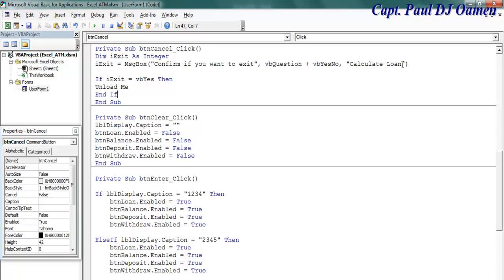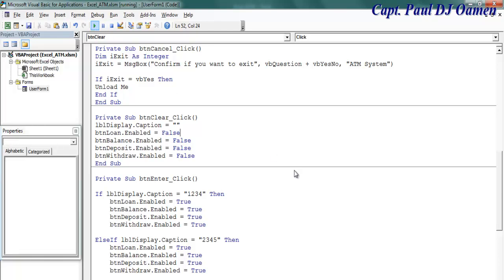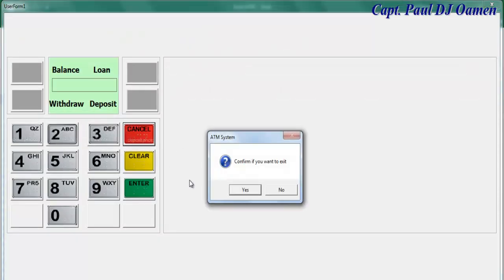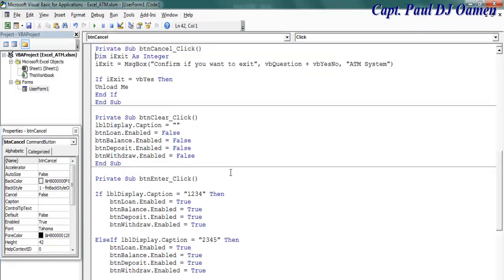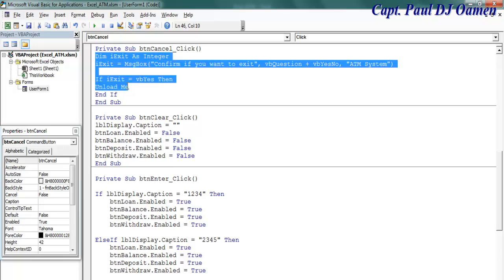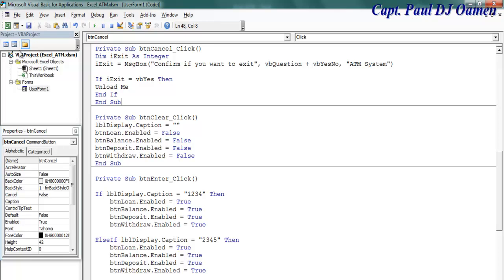So let's just call that ATM system. So we come in here, we click on cancel. The system asks you to confirm if you want to cancel there. So that is cancel taken care of as well. Those are the lines of code for cancel. All right,